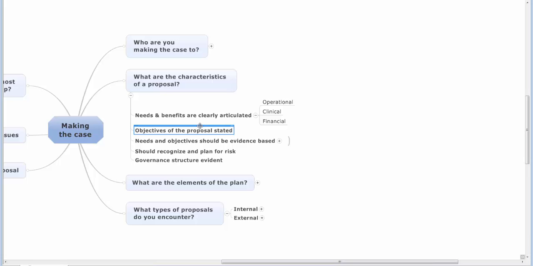And an objective needs to be measurable. So I'm sure you've heard the terminology of SMART goals or SMART objectives: specific, measurable, achievable, timely and realistic. And those objectives really are needed because it's hard to make a convincing case if you don't have very clear objectives setting out what you're going to do,